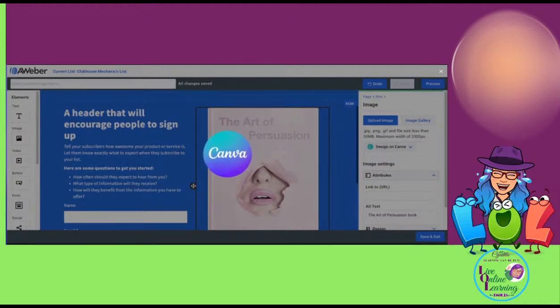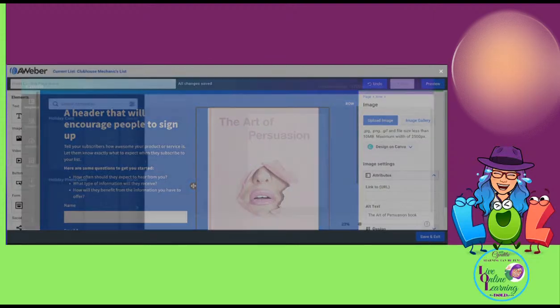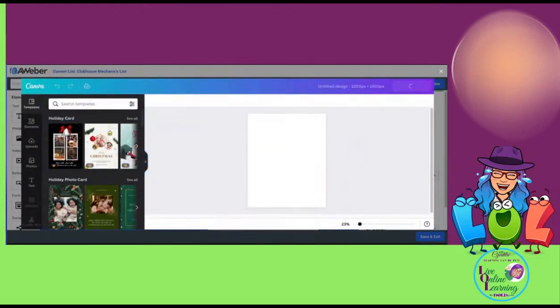So we tap on there. I was making sure I was sharing the tab. And it's going to open up Canva. It's opening it up within Aweber. You can see Aweber kind of here in the background. So we're actually working in Aweber. Okay, now I'm going to